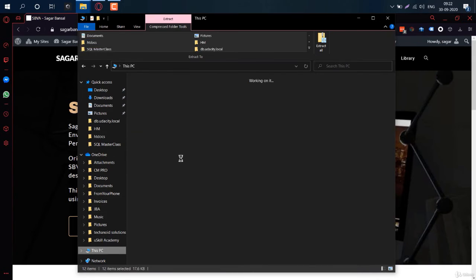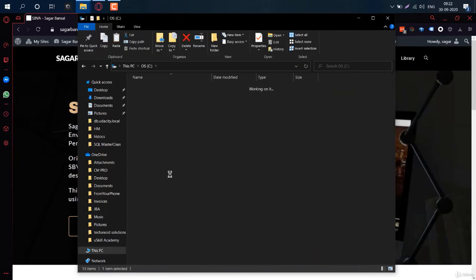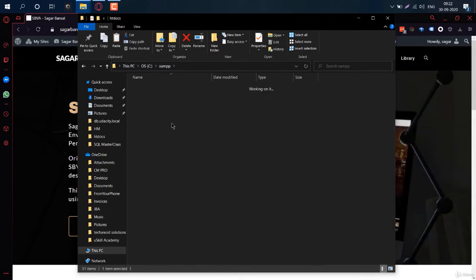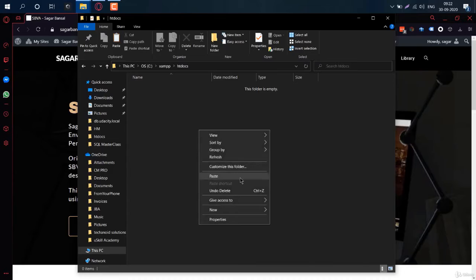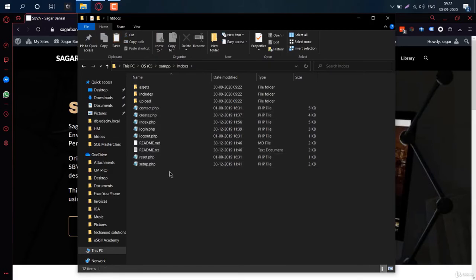Again, go to your XAMPP installation folder. This time, find a folder called htdocs, this one. By default, if there are some files in this folder, delete everything. That's all good. If this folder is empty, just go ahead and paste this. It's the same thing. You delete it, make it empty, and paste all the files which you downloaded from my